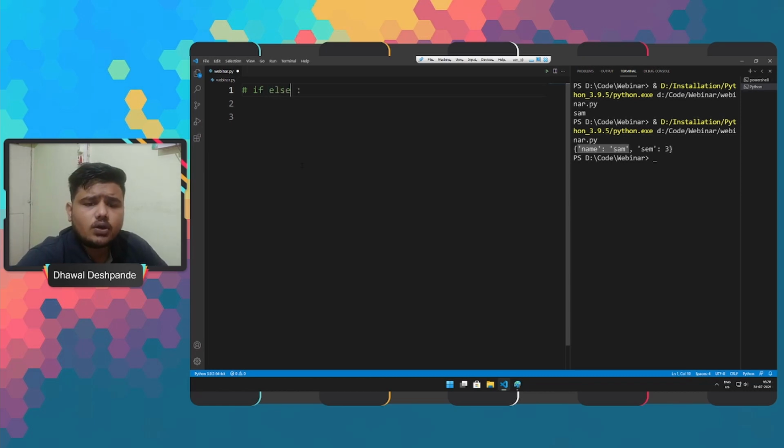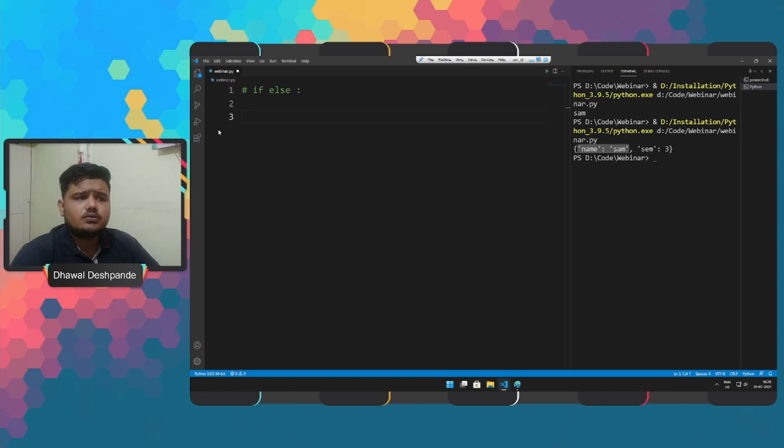So when we are talking about if else, what basically is this? As we have discussed earlier, Python supports the usual logical conditions from arithmetic. These conditions can be used in several ways, most commonly in if statements and loops.